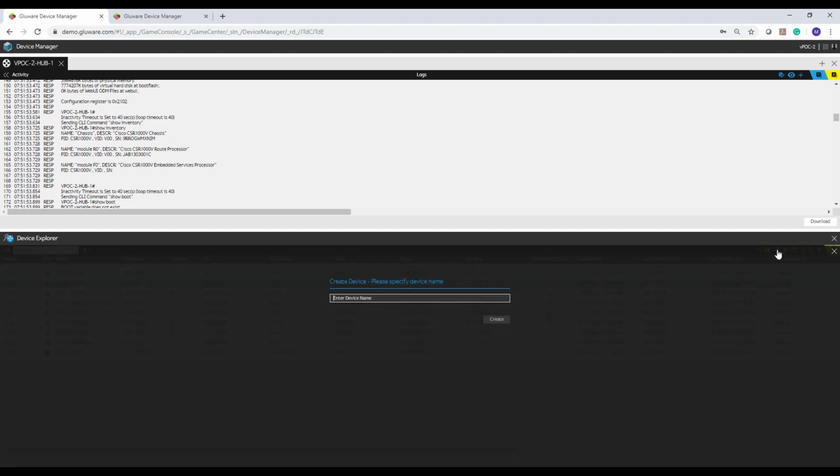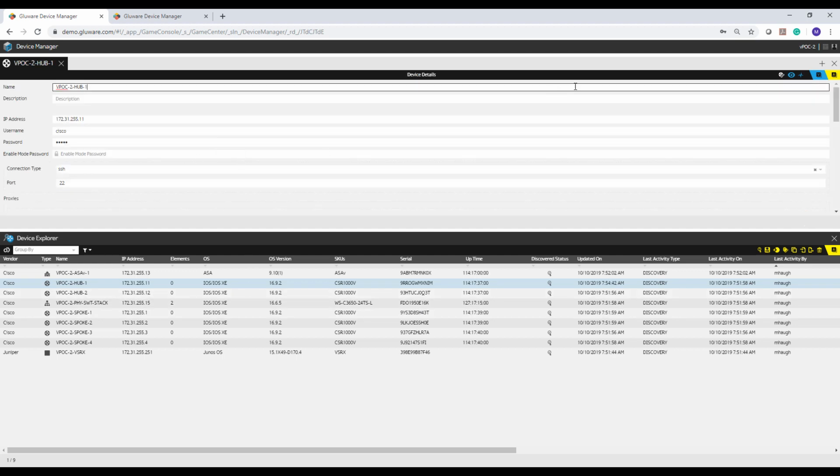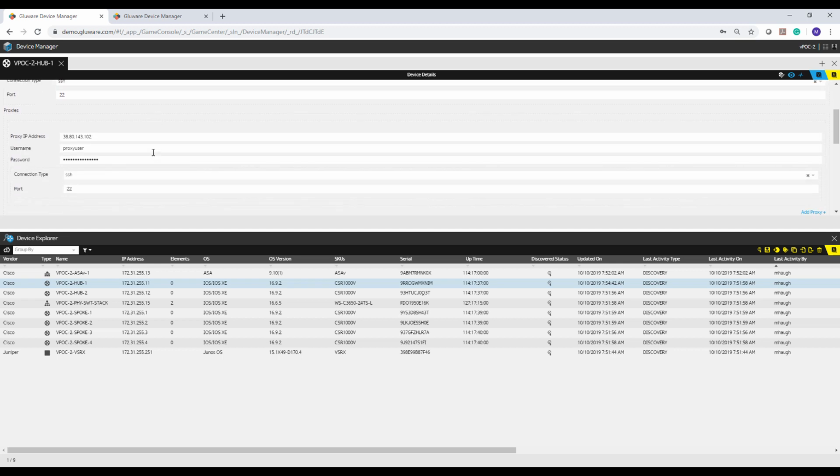If you do click on add devices, you're prompted for a name, and then you will be prompted for the IP address and connectivity information, and then you can go and execute a discovery. This next icon here is for a multi-edit or edit of the device. Anytime you double click into a device, you're going to see this first field of details exposed, and if you do need to change the IP address or name or connectivity information like the proxy server, you can edit a